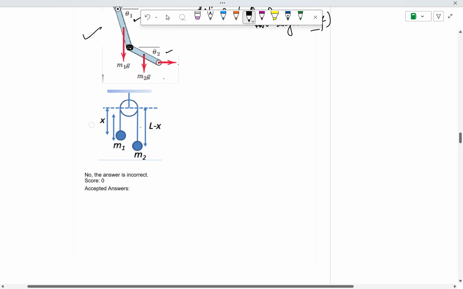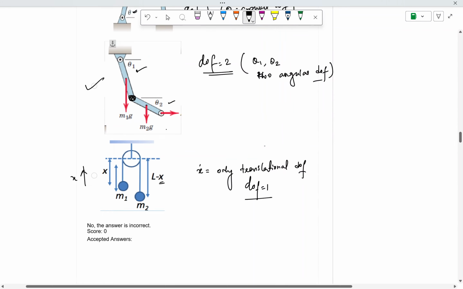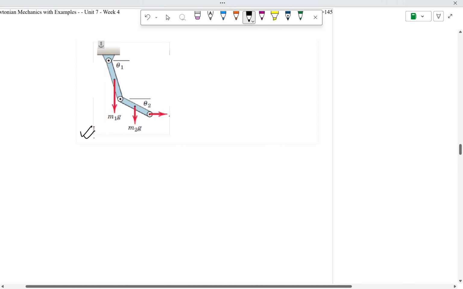And in the last question also you can see there is only a single dimension of movement given, which is the x direction, and here x is given vertically upwards. You can pull down the masses m1 and m2, which will only play around with the direction of movement x. So x is the only translational degree of freedom. So here the number of degrees of freedom is 1. The only option where the degree of freedom is 2 is option number C. So this is the correct answer as we have answered.